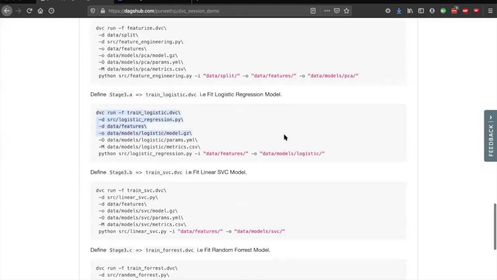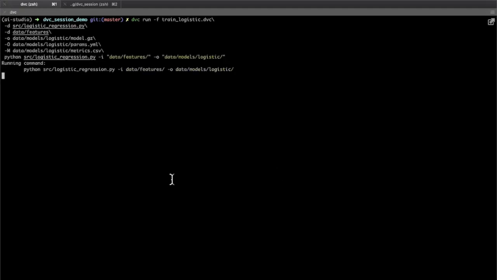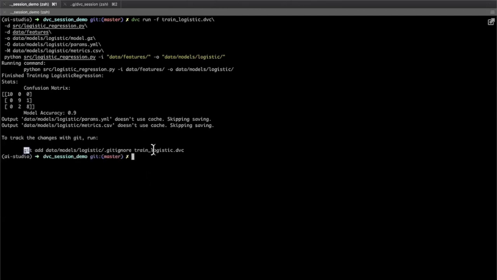Okay. This is to train logistic regression model. Again, as DVC instructs, we'll add these files to track.